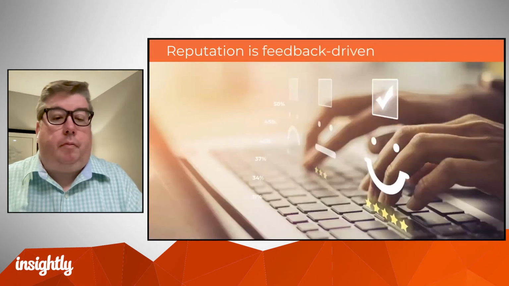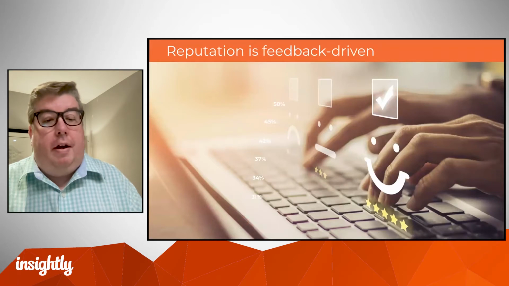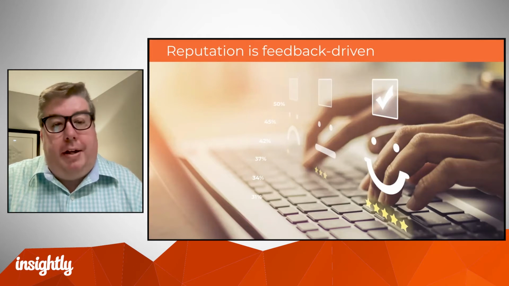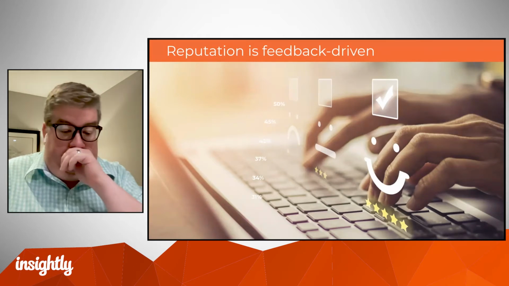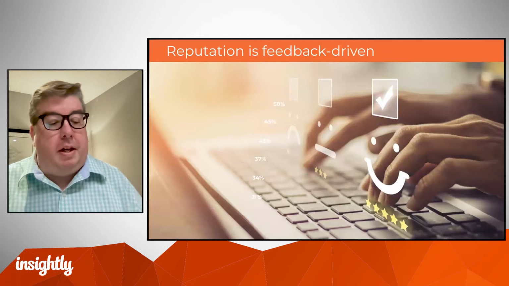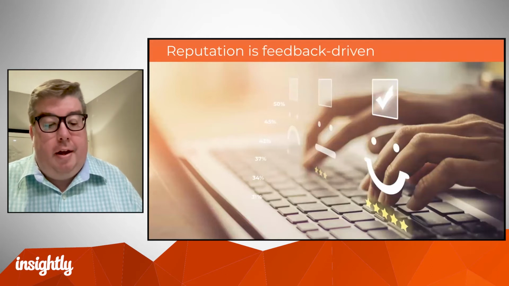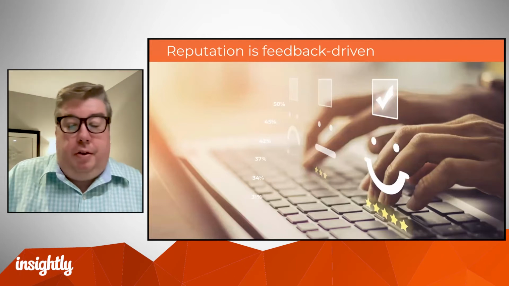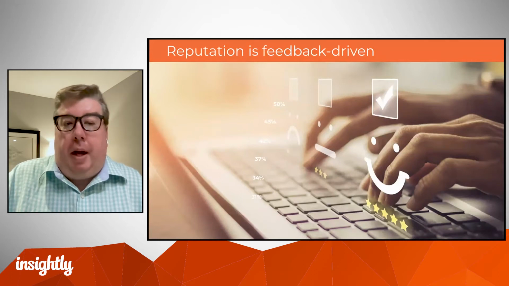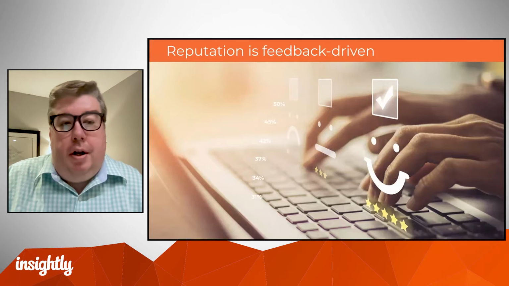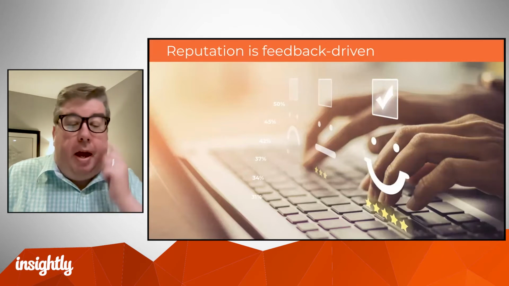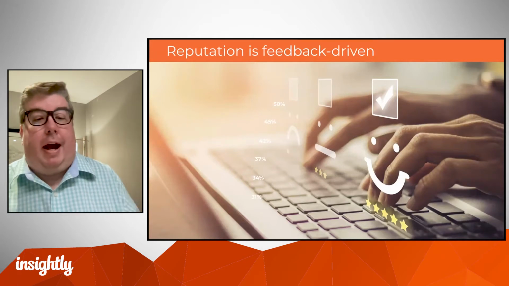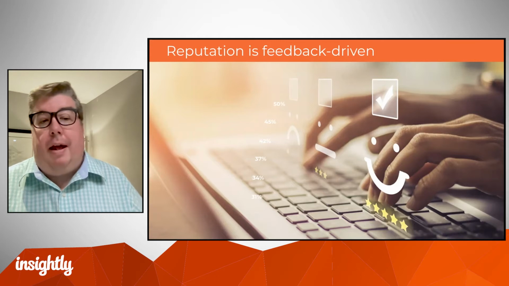Got it. That reputation is very much feedback driven. Any mechanism that an ISP can use to understand whether or not that mail is wanted or unwanted is very valuable feedback to them. Engagement is one of the newest and most modern ways to identify that. What I mean by that is if subscribers are engaging with your mail, opening it, clicking it, viewing it, et cetera, at rates much lower than others, if they're engaging with other people's mail and not yours, ISPs notice that. That is a feedback-driven mechanism telling the ISP that, hey, this mail is perhaps not wanted.